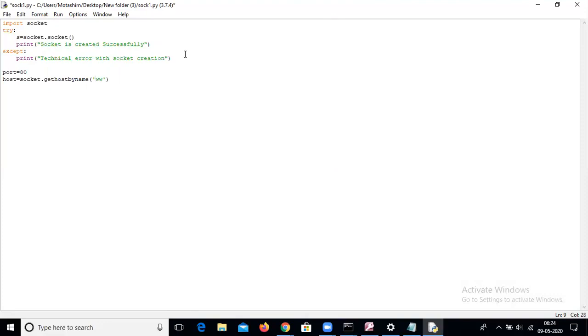Suppose I'm going to find out for Google, so www.google.com. Suppose the server is busy or there is a problem and our client is not able to resolve the address. Here we can again use exception handling. Exception handling is very easy to work with.